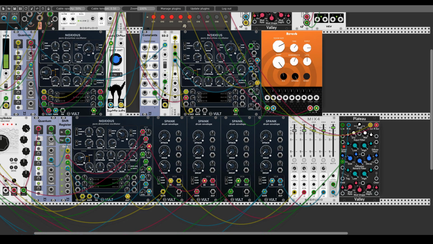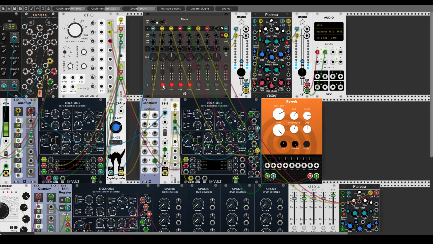Let's change the voltage amount. Maybe a bit more decay. Yeah. Let's see how this sounds together with all the other voices.